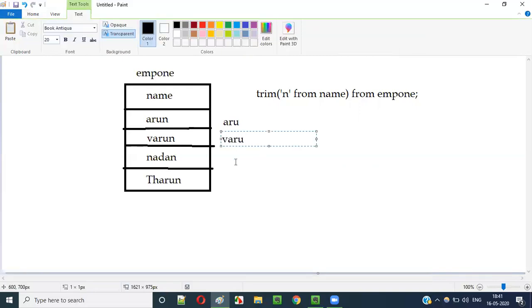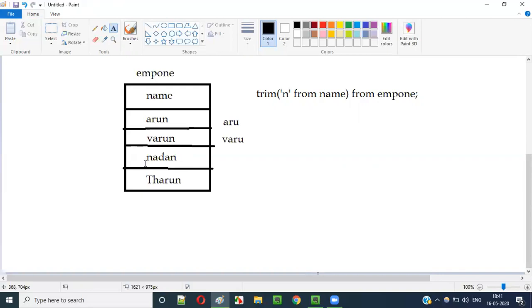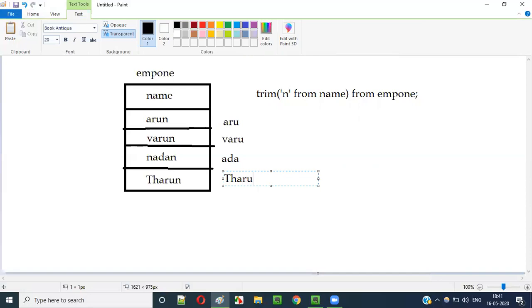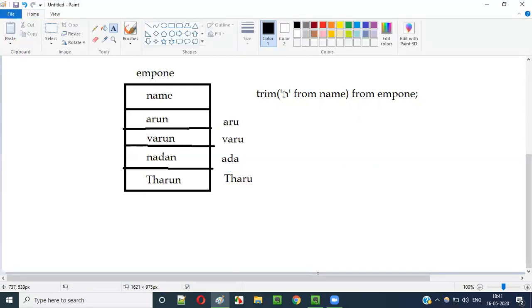Then Nandan: both the corner characters are n, left side and right side, so n and n will be removed by this trim, and the final value will be anda. In Tarun, the last letter is n, the right side corner, that will be trimmed, that is removed, so the result will be Taru. Like this, when you apply the trim function for trimming the characters from the column values, it will be like this.